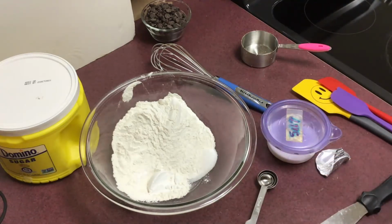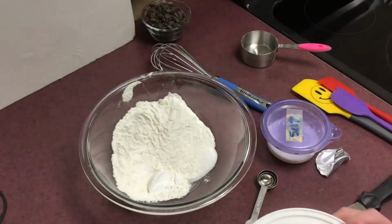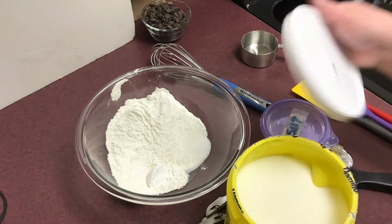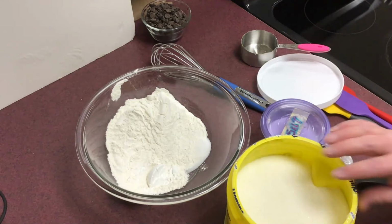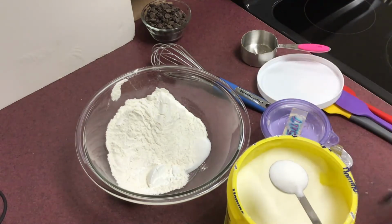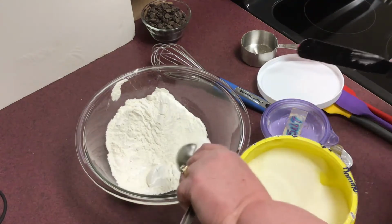So the last dry ingredient that I need is sugar, and that's granulated sugar. When you see just the word sugar in a recipe, this is the sugar that it means. So I just need my tablespoon measure, scoop up the sugar so that it heaps over the top, level it off with my straight edge spatula,